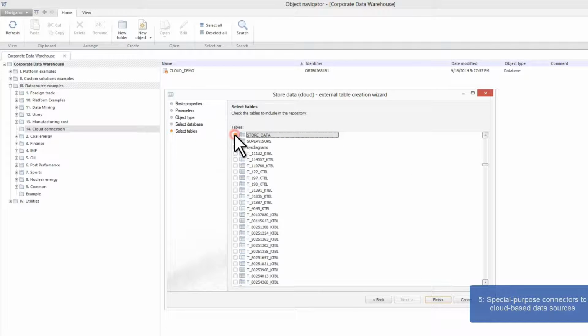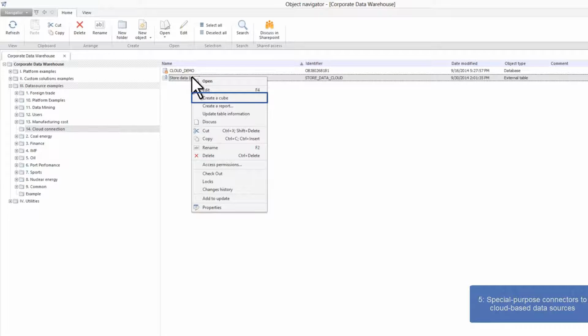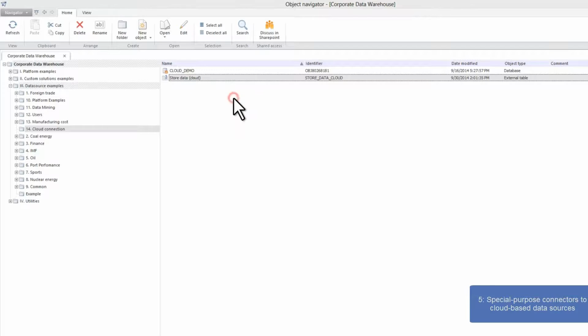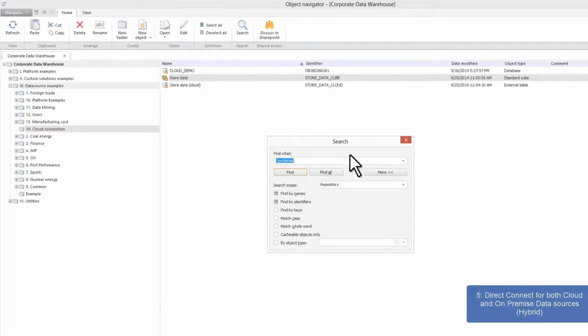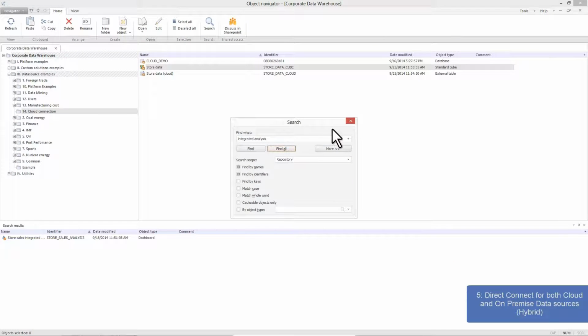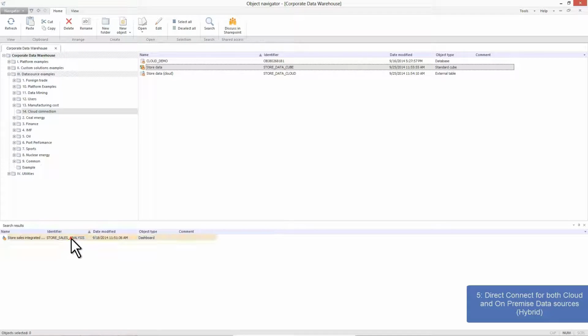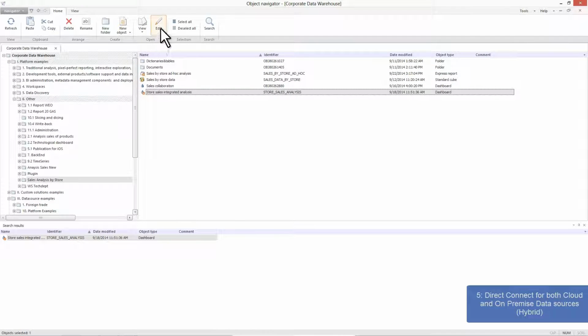Data use in the cloud is no different from other data access methods, such as access to a relational database. Cloud data can also be used for creating multidimensional data structures. Cloud data sources can be used with local sources on a concurrent basis. In our case, suppose that the company analyst analyzes sales and wants to add data about stores previously imported to